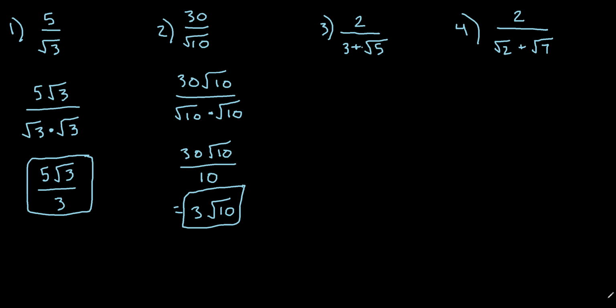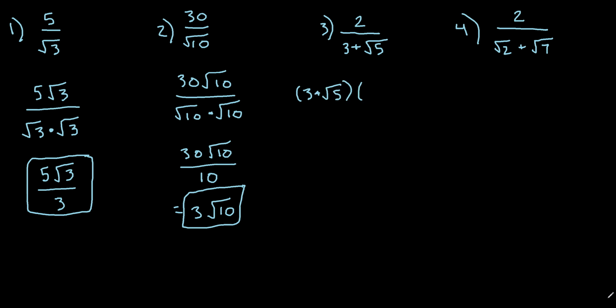Now this one's a little trickier, but we can use a trick called multiplying by the conjugate. And what that means is to get rid of this radical, we can multiply 3 plus the square root of 5 by the conjugate, which is 3 minus the square root of 5. And here's why this works. If we have 3 plus the square root of 5,